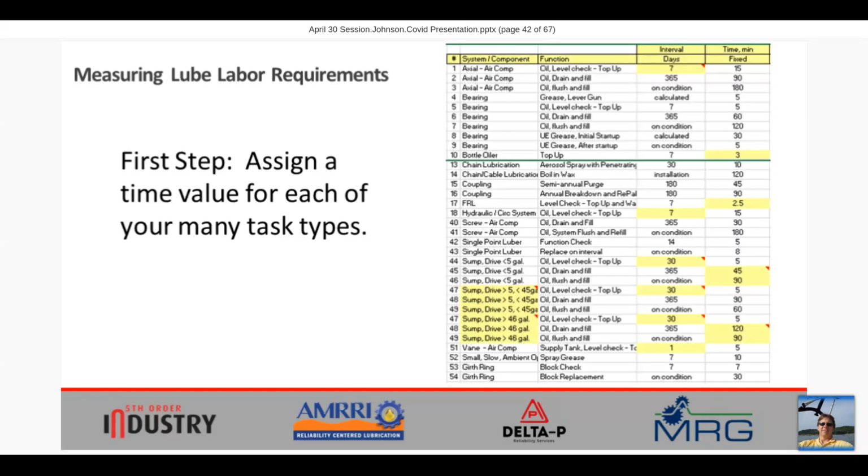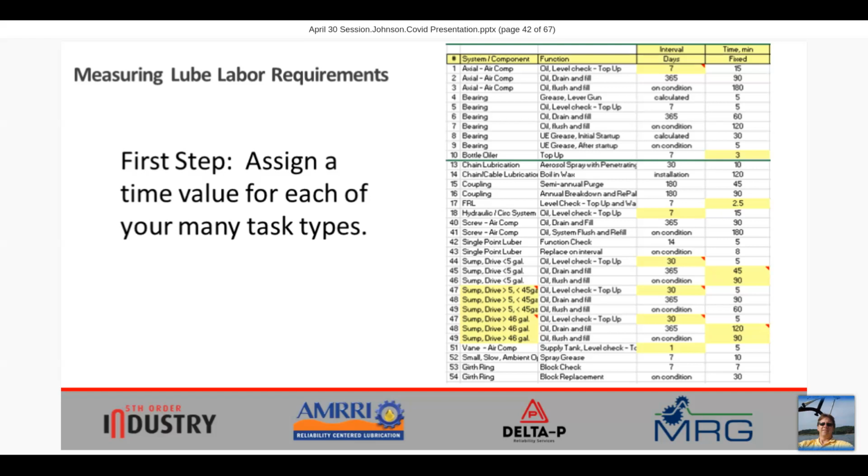I'll start with the summary of different kinds of tasks that the team I've assembled has managed to pull together. Now, this is a chopped up piece of the worksheet. We have 54 total tasks on our list as of today. And if you have an interest in seeing what the task list is, by all means, at the end of the presentation, drop a note in the form that you see. I would be more than happy to send this to you.